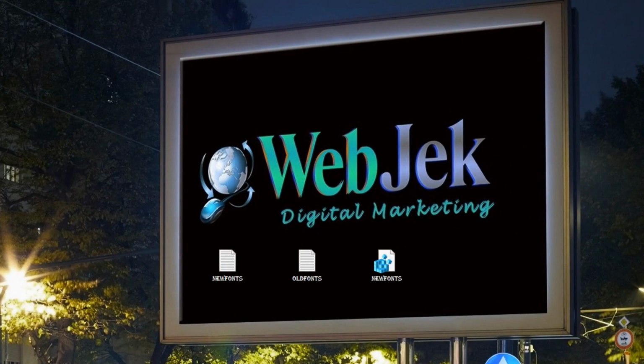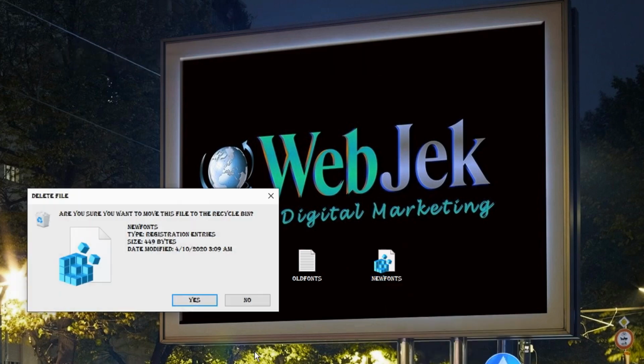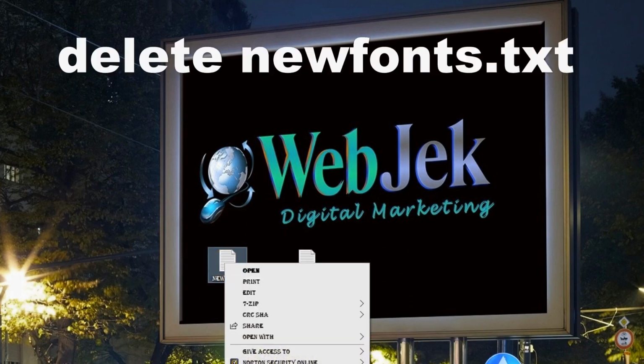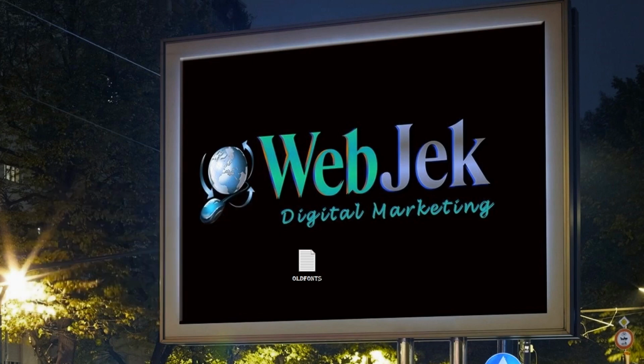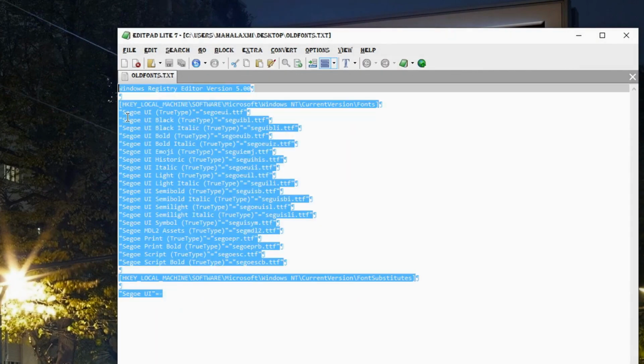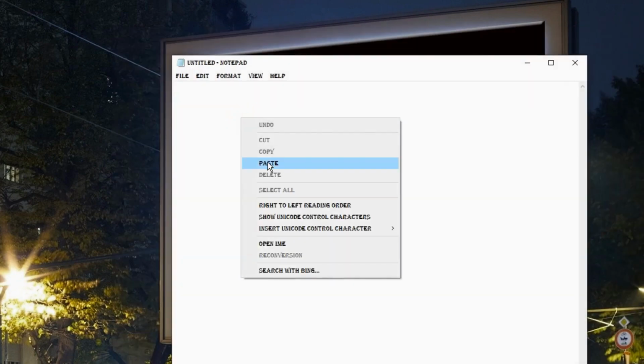But if for some reason you don't like it and you want to get back to your old original fonts, then you can delete this file, delete this one, the new fonts. Okay, now click on old fonts, copy, open new Notepad, paste,